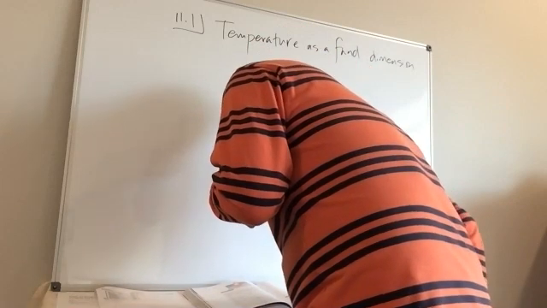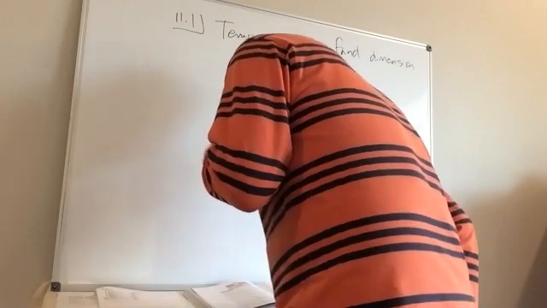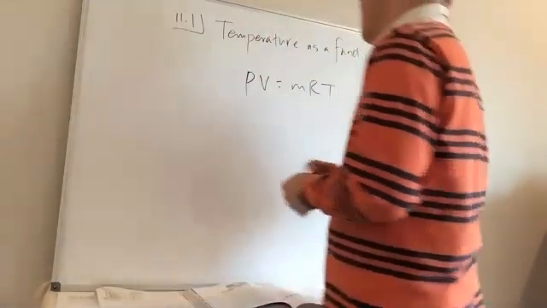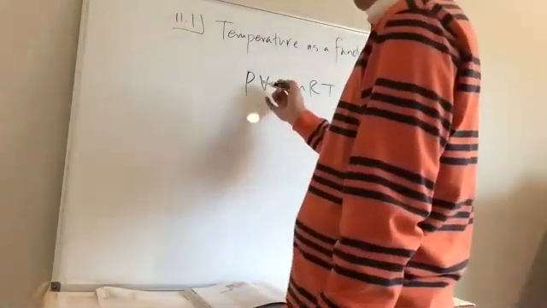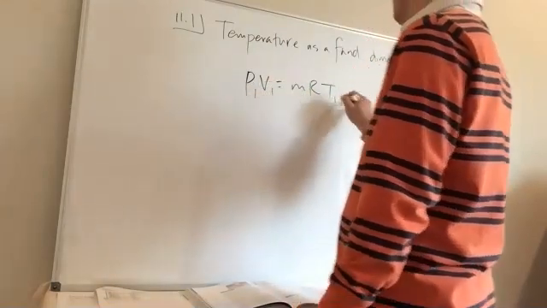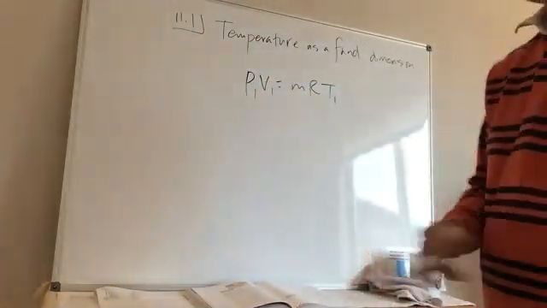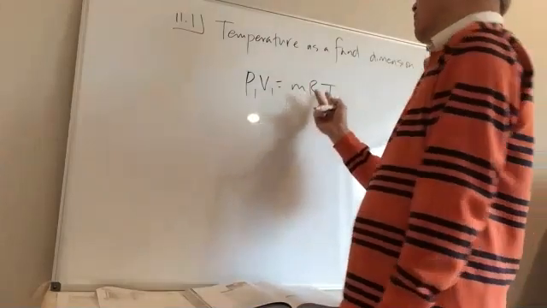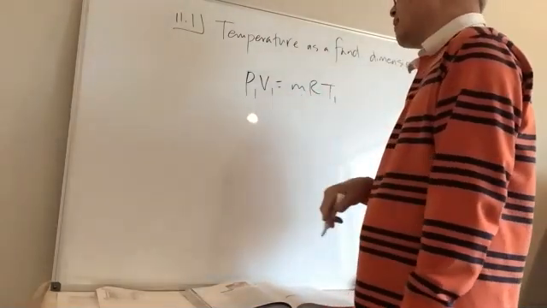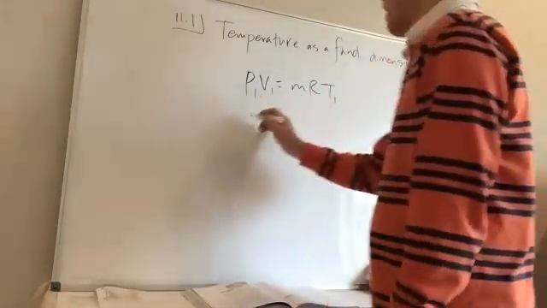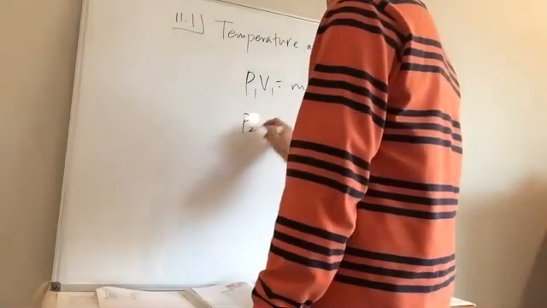And a long time, so we're going to have T. Let's just say we have a one state. At one state, we're going to have P1, V1, and T1, okay? The mass is going to stay the same. This is just a constant, so this stays the same. So let's go ahead and compare this